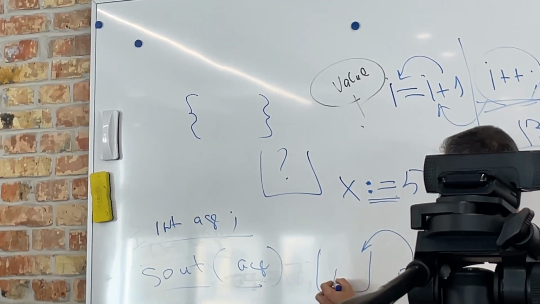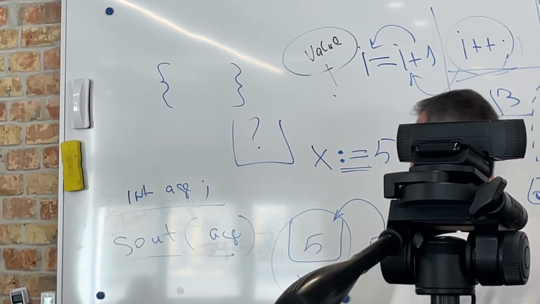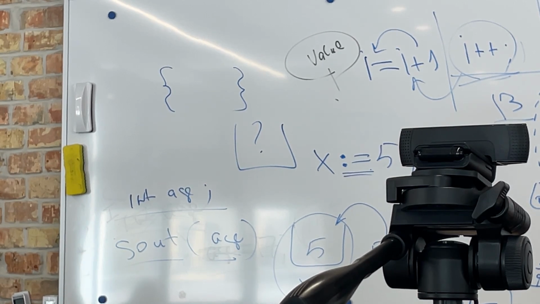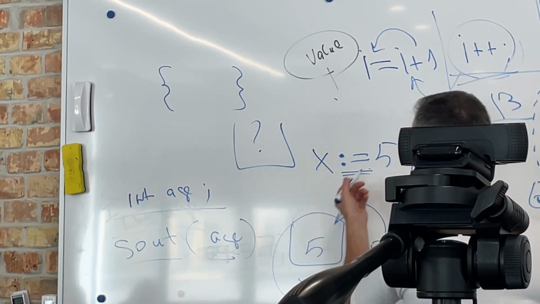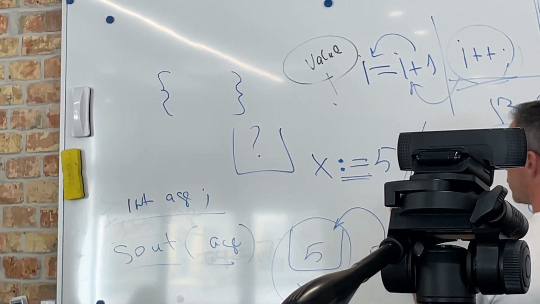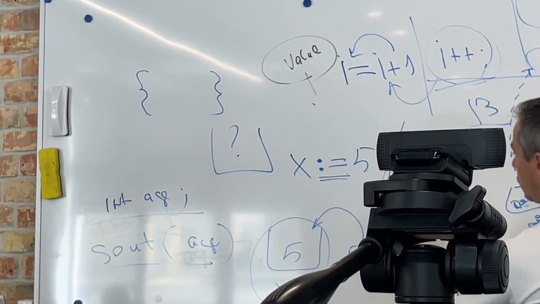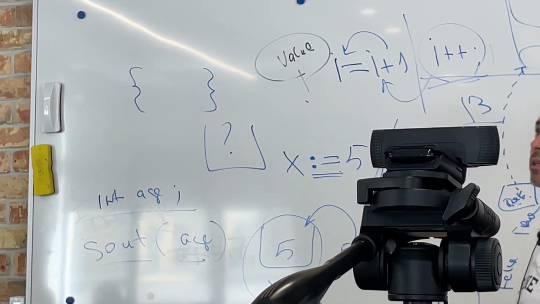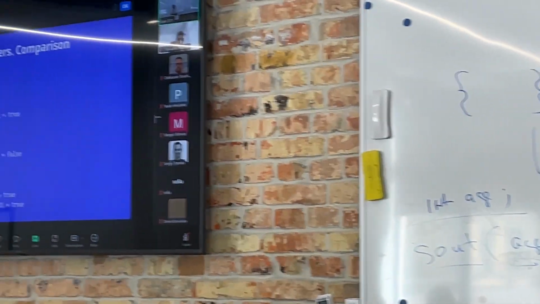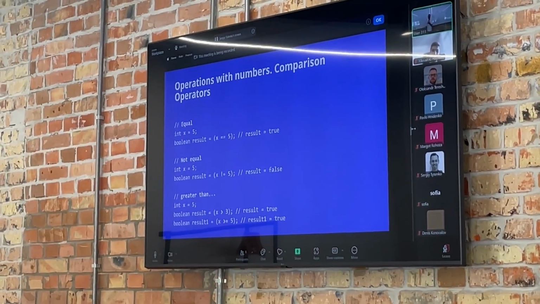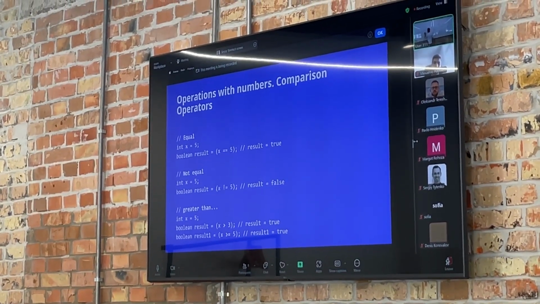After that operation, I will have 5 in this box, in this variable. In C, in Java, in other languages, we just use, as in mathematics, the equals sign to assign, but basically in mathematics, this is not assignment. This is just, I don't know, a declaration or something. But here, we assign